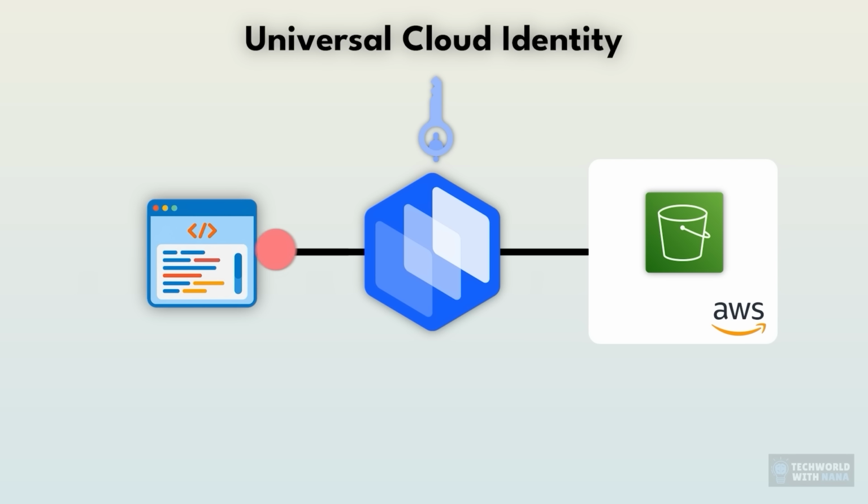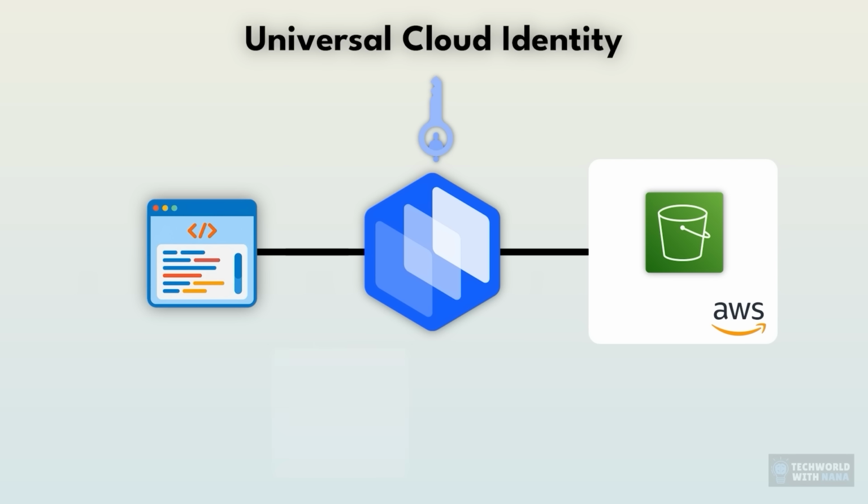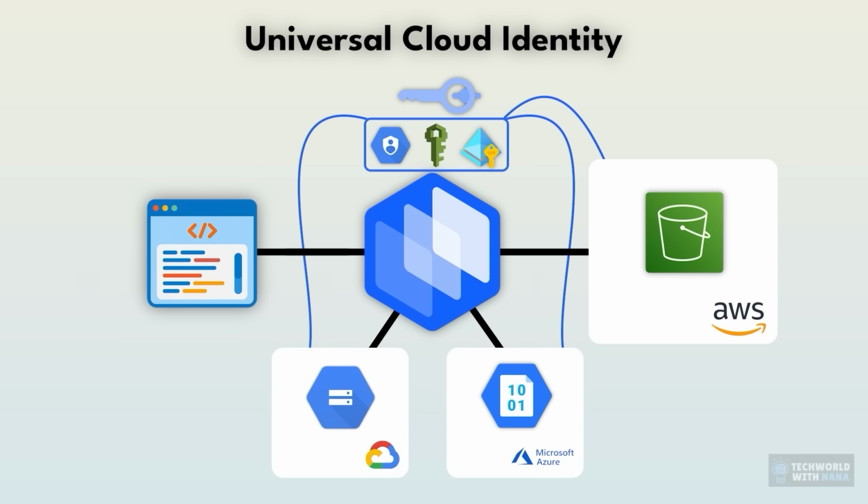Control Plane receives this request, sees that the application needs to access S3, translates the universal identity into temporary AWS credentials, makes the request to S3, and returns the result to your application. Your application doesn't even know that this translation happened. From its perspective, it authenticated once and got the data. And the same application, same identity can now access Google Cloud Storage or Azure Blob Storage, where again the application code does not have to embed provider-specific secrets. Control Plane maps that identity to the right cloud credentials behind the scenes.